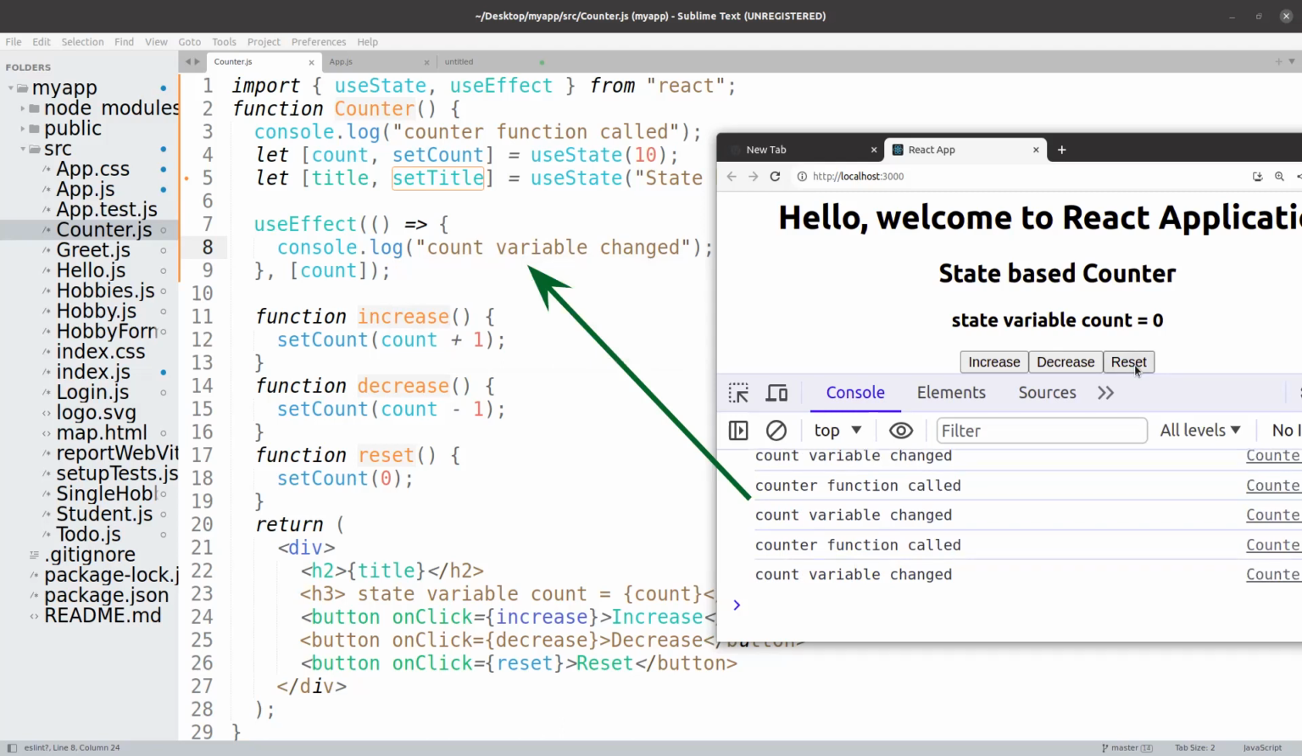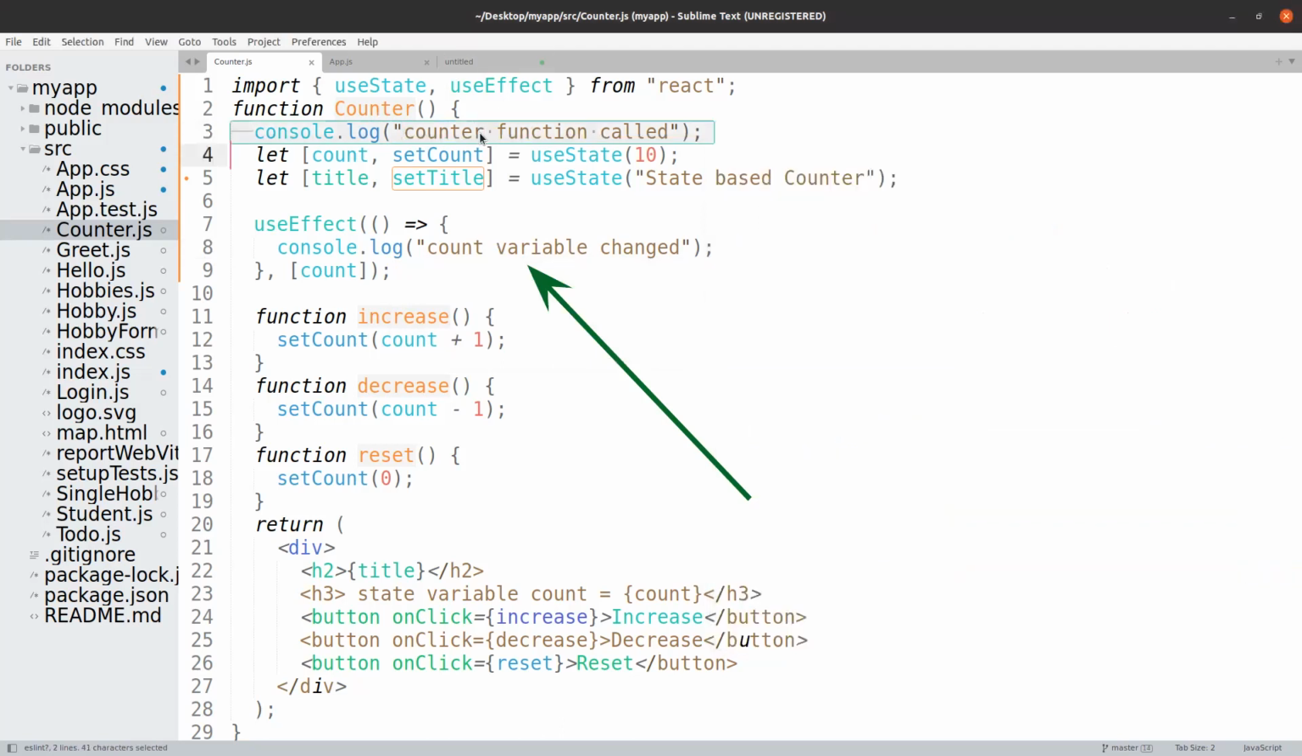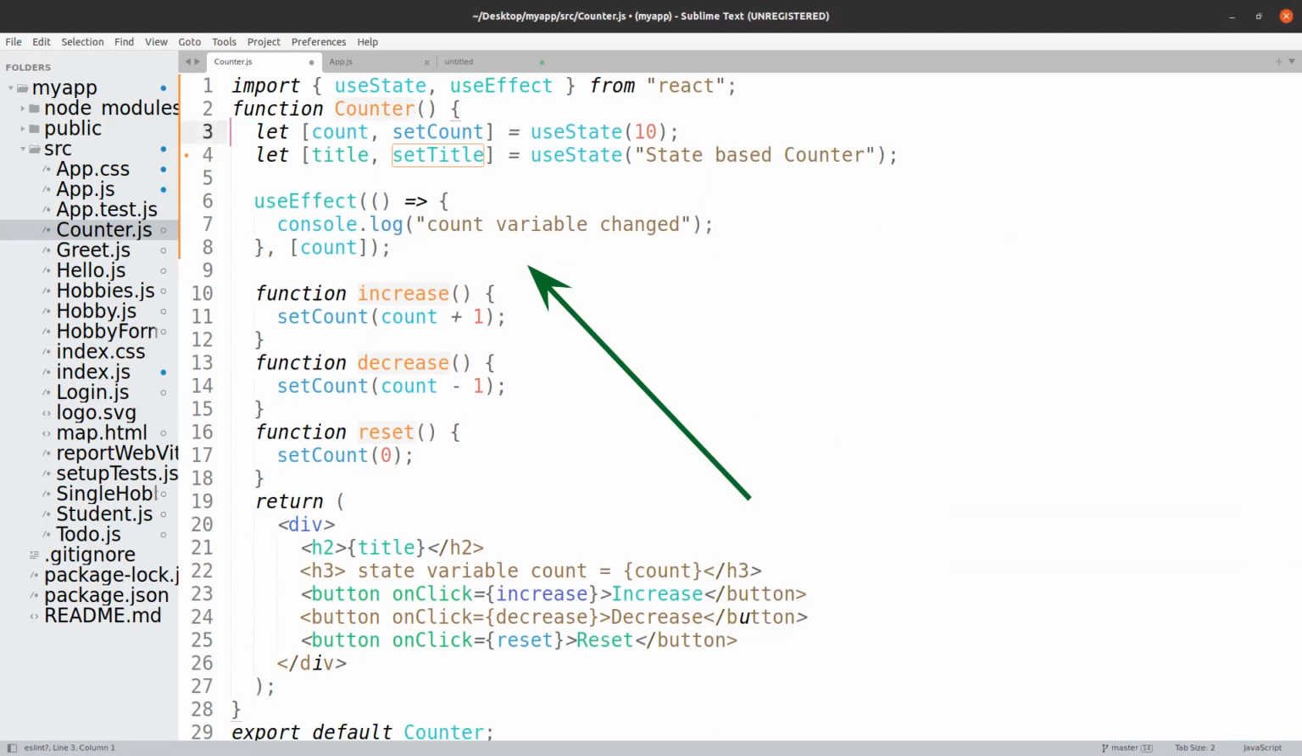All right. So that is what I was trying to tell you, how to use a useEffect hook. You can do the same thing with title also and any other state variable. Now this is one use of useEffect. There is one more additional use of useEffect, which is similar to the behavior of, I would say, a constructor,